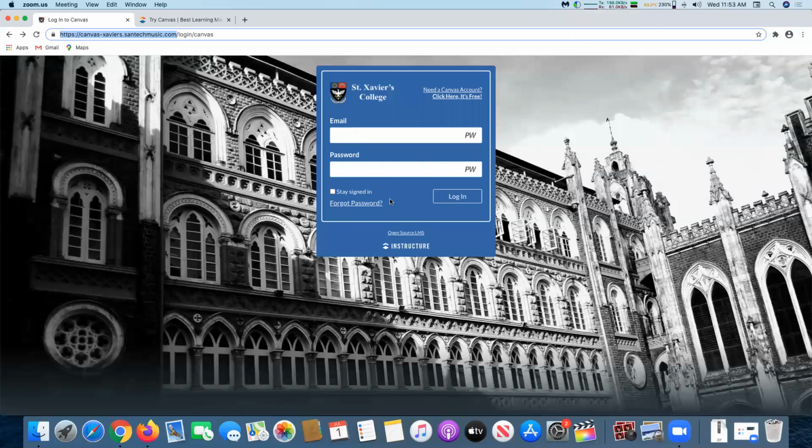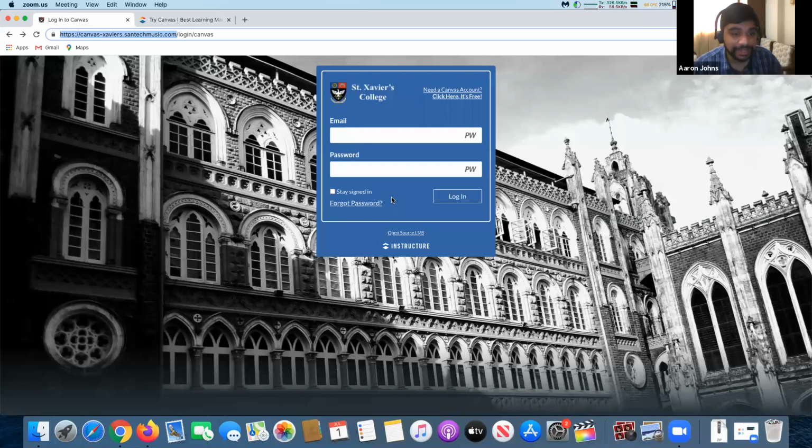Yes, somebody asked me how many people can use one account if you have an institute account. If you have an institute account, n number of people can use it. However large you like, they can use it. There's no problem over there. So if you register with Canvas, you can call a large number of people over there.